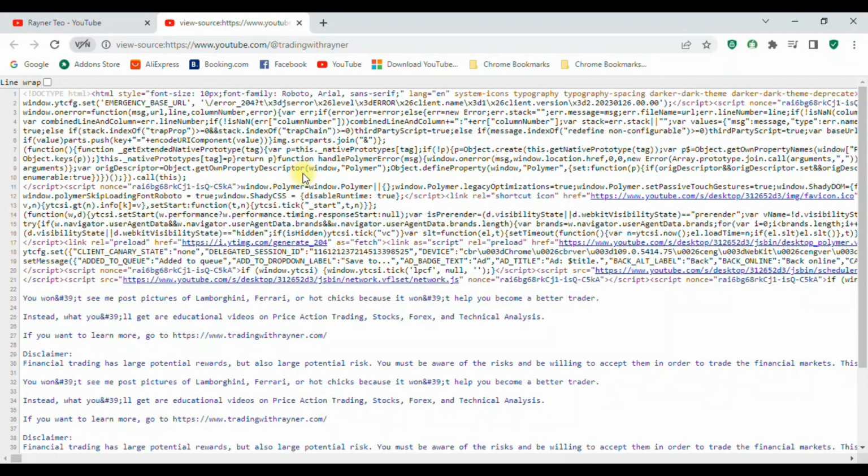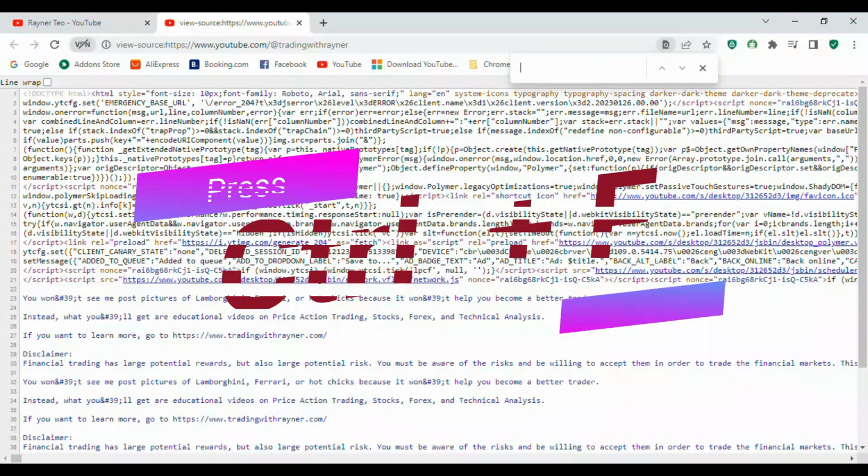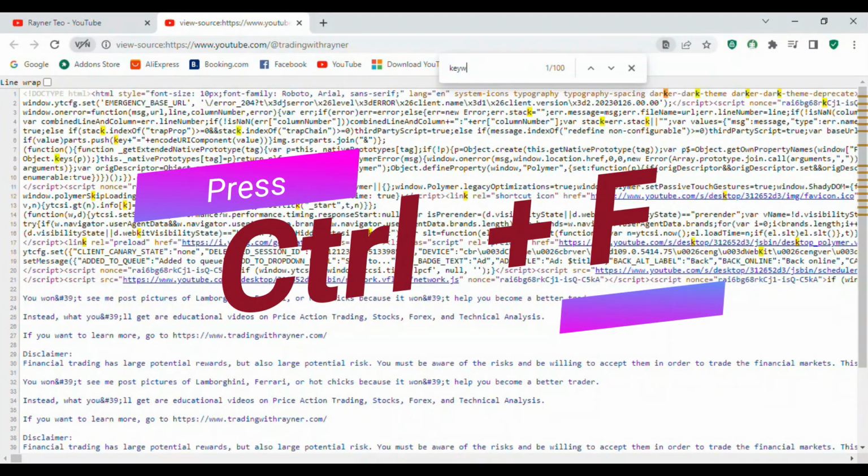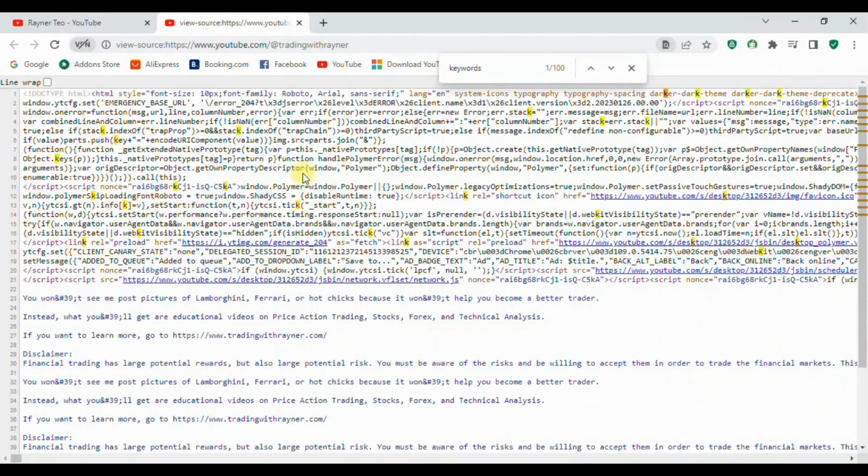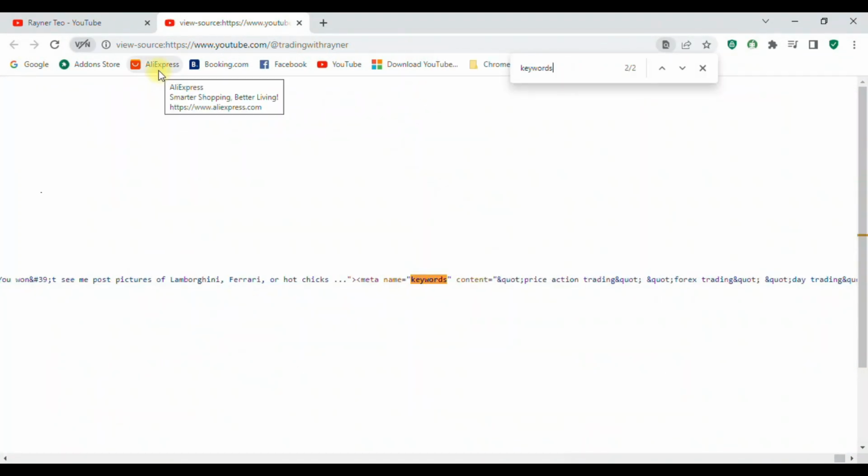Then you have to press Ctrl F and then type keywords, and then hit enter. Right, here we go. Now after the word keywords, you can see the tags of this channel: